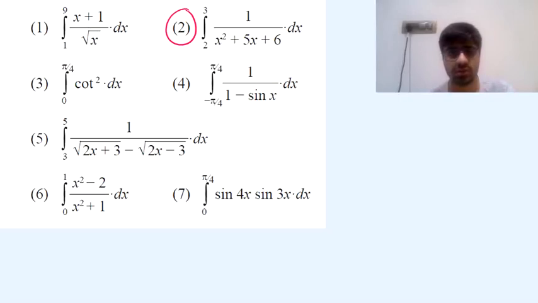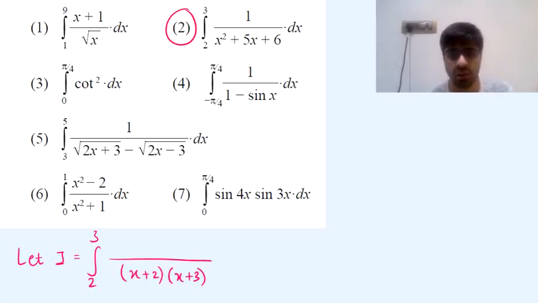For the second one, let I be the given integral, and in that given integral you can factorize the denominator. So the denominator can be written as x plus 2 into x plus 3. Now whenever the denominator consists only of two brackets where the coefficients of x are equal and there is only a constant in the numerator, then you can write the numerator as a subtraction of the two brackets. If any unwanted constant comes in, we can balance it with a division outside the integration. So here we can write the 1 as one bracket minus the other bracket, that is x plus 3 minus x plus 2.